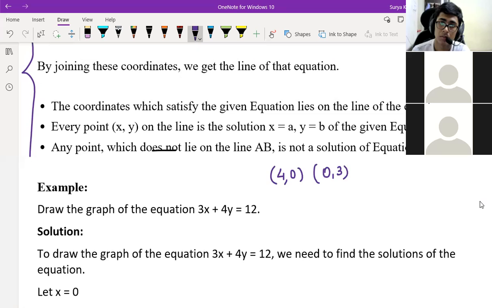Should I draw it in a graph sheet? No, just draw in the notebook. Right now you can draw in the notebook, but later on you can do it in the graph paper notebook you just bought, okay? Right now roughly you can show me. Sir, I'm getting x as 0, y as 3. Yes, this second coordinate you got. Next, if y is equal to 0, then x is equal to 4. Means you have to make it like this, x and y.